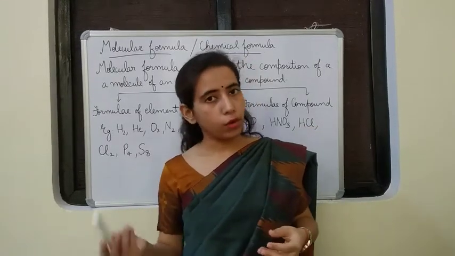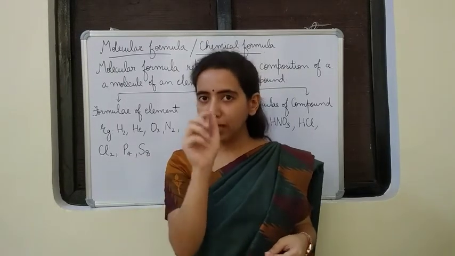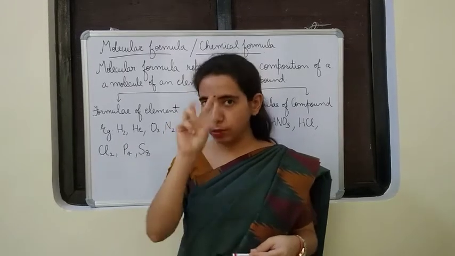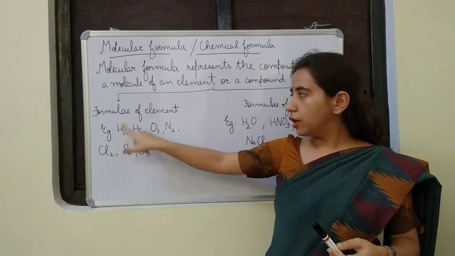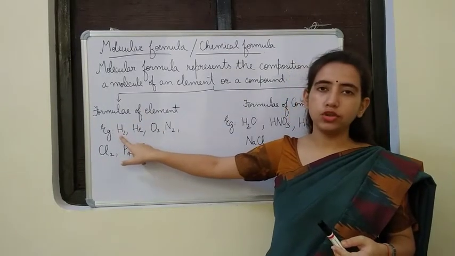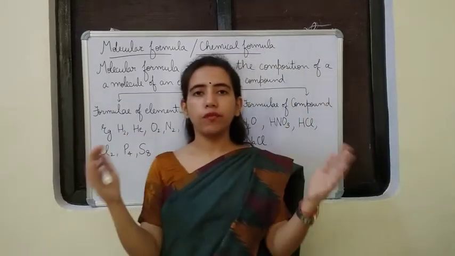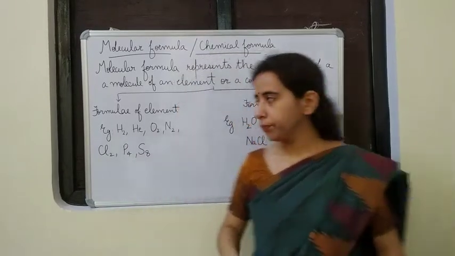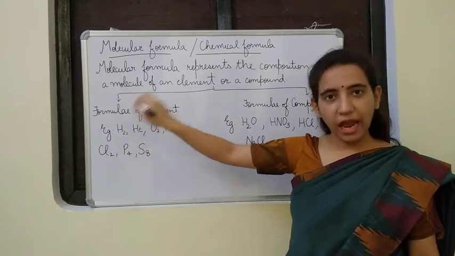Okay, and how are we going to come to know that? By looking at the formula, by looking at the number that is written at the subscript. Subscript means below. So in small letters it will be written like I have written here. This is the formula for hydrogen, H2. By this you come to know that two atoms of hydrogen combine to form a molecule of hydrogen. So its atomicity is 2, and this is the formula of the element hydrogen.